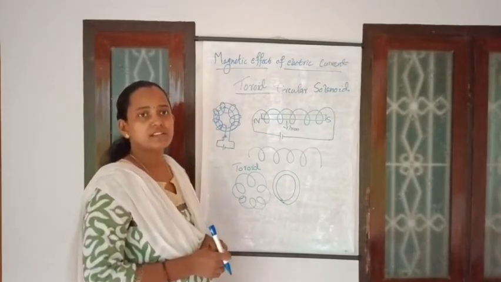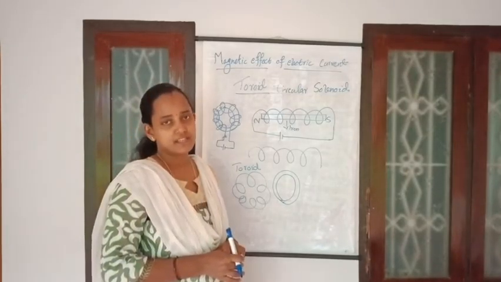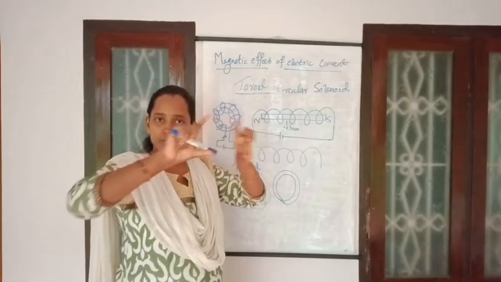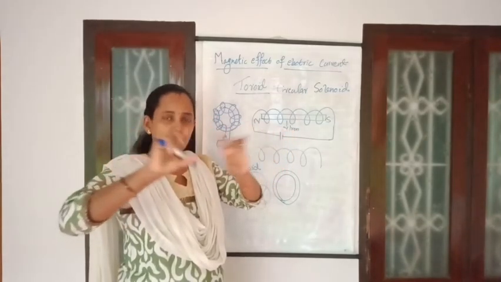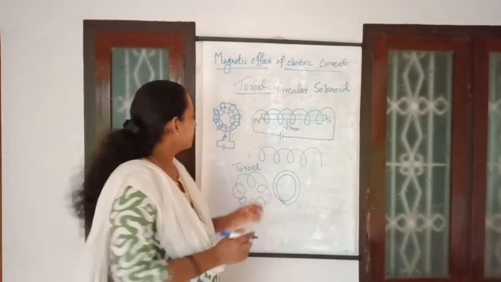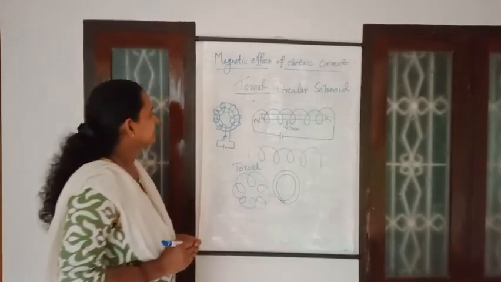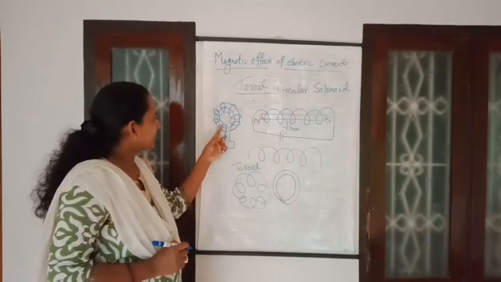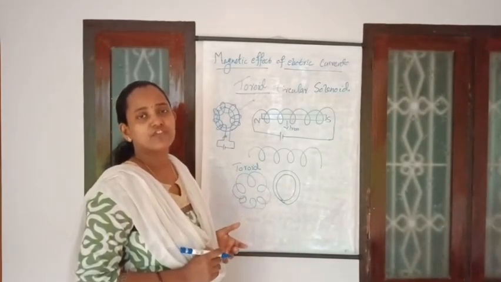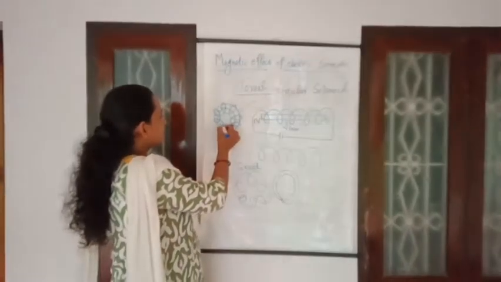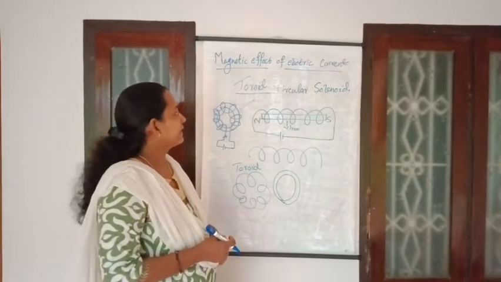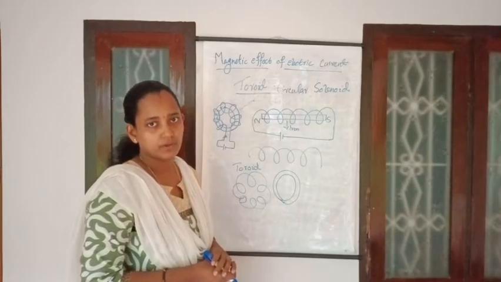So what does a toroid mean? A toroid is a circular solenoid itself. That means a solenoid is a straight one, in the form of a cylinder. But if you bend that into the form of a circle, that is actually known as a toroid. So this is actually a toroid. Here this is a magnetic material, a material inserted in order to increase the strength of the magnetic field produced by it, over which there are a number of windings, and those windings are tightly wound, and that is actually known as a toroid itself.